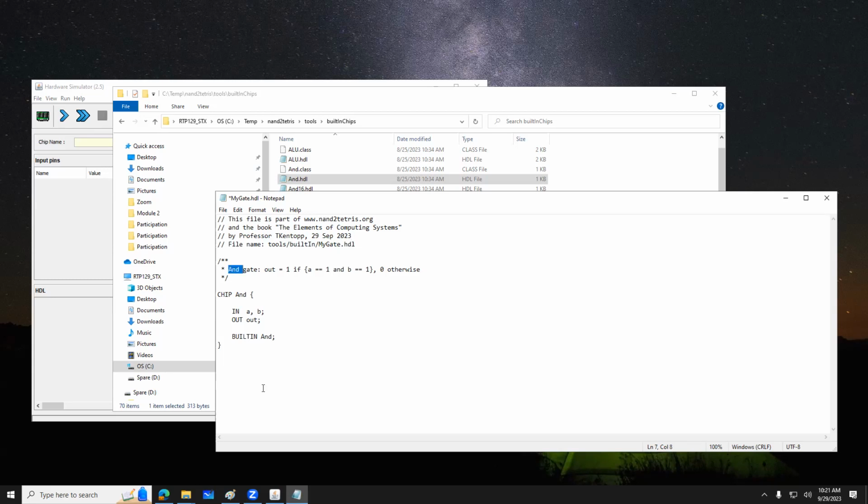See that? That's a reference to what? That's the original name of the HDL file and the gate. I'm going to put my gate here. But there's one more place I have to put it. Right here. There's a space after the name, and then there's curly brackets, left curly bracket. Remember that. So this is very specific. My gate